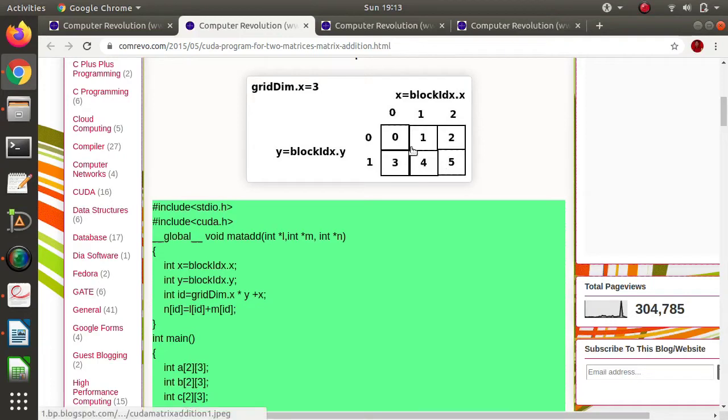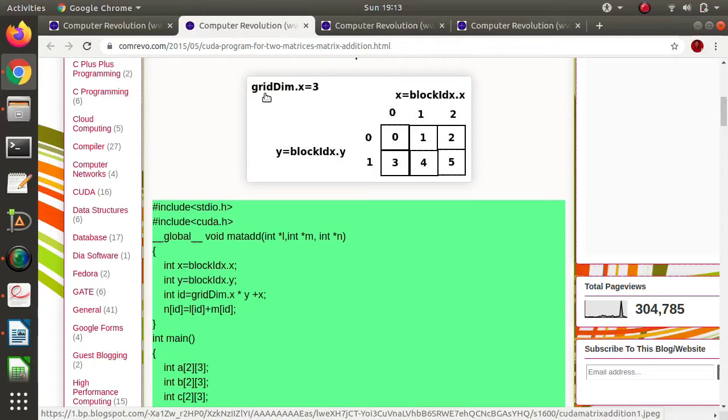So here we have created 6 blocks. In each block there is only one thread, but we have arranged them in two-dimensional space. So that's why each thread has two block IDs. One is blockIdx.x and another is blockIdx.y. As this is a collection of blocks, so we call them grid.